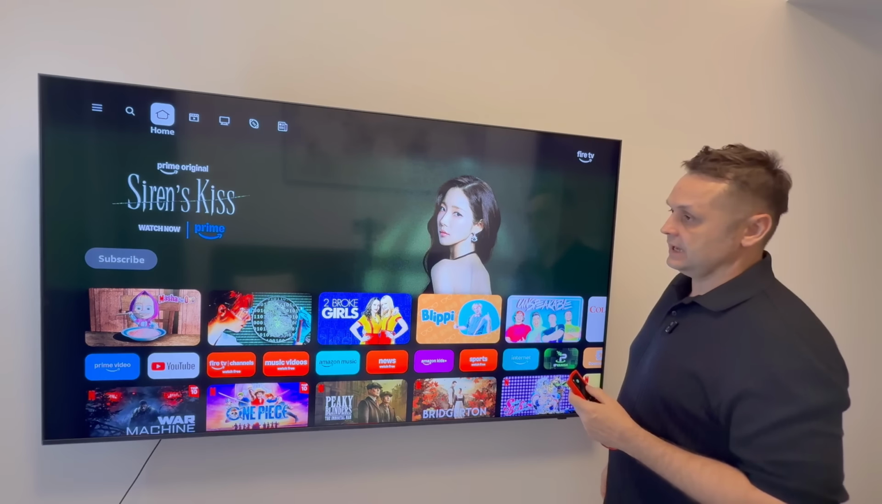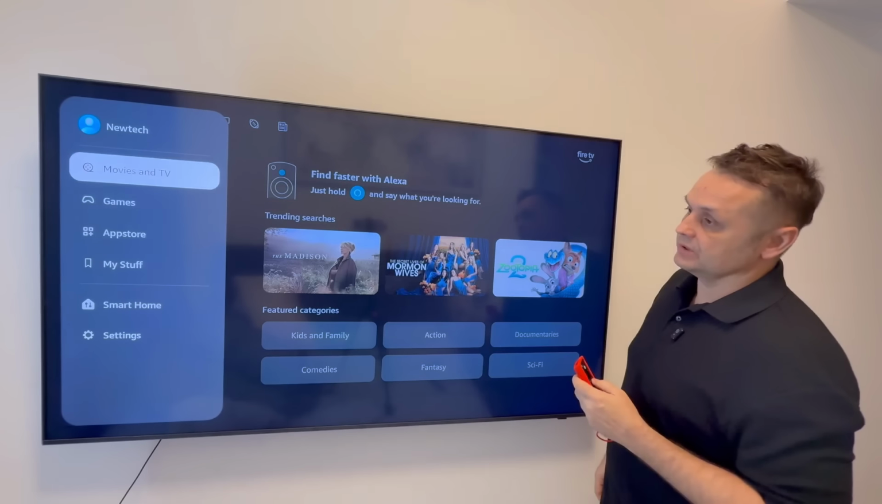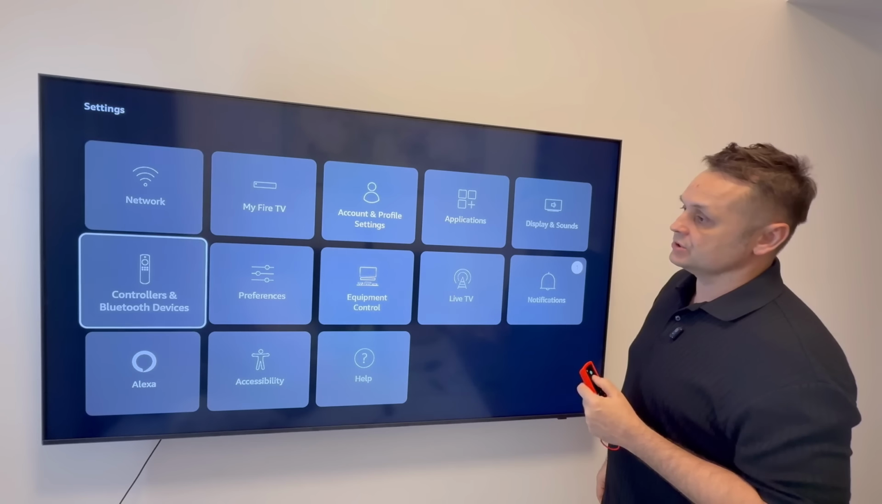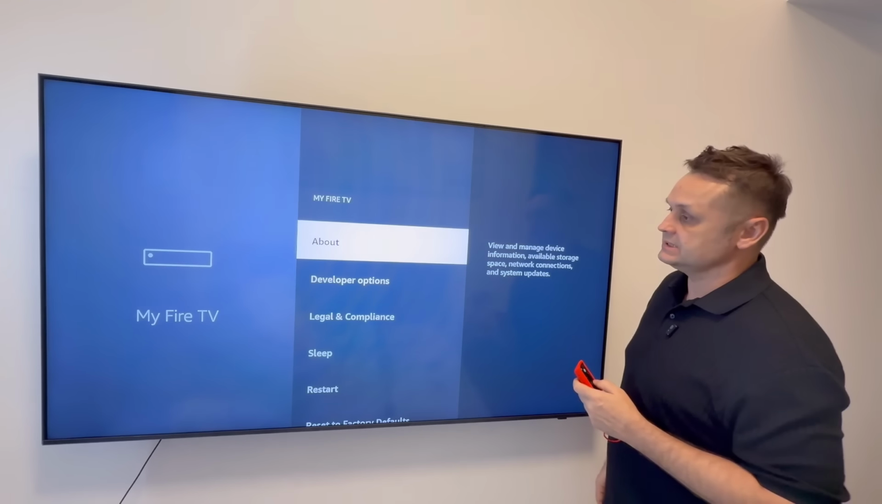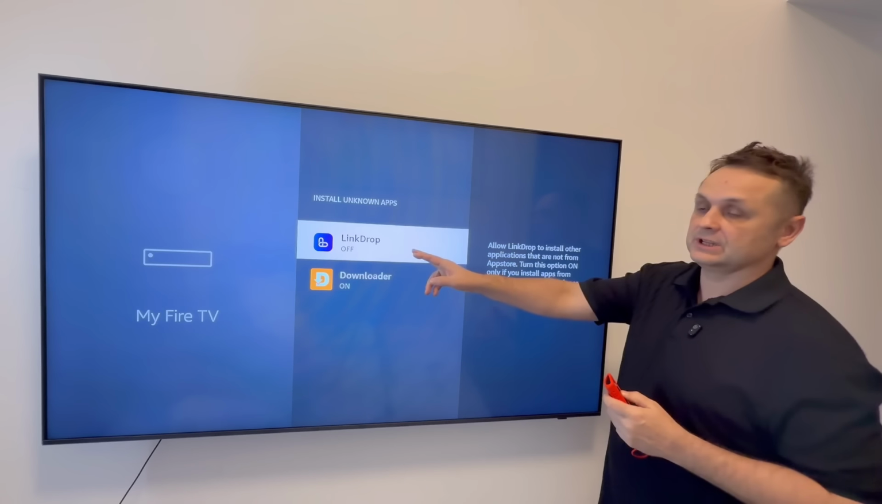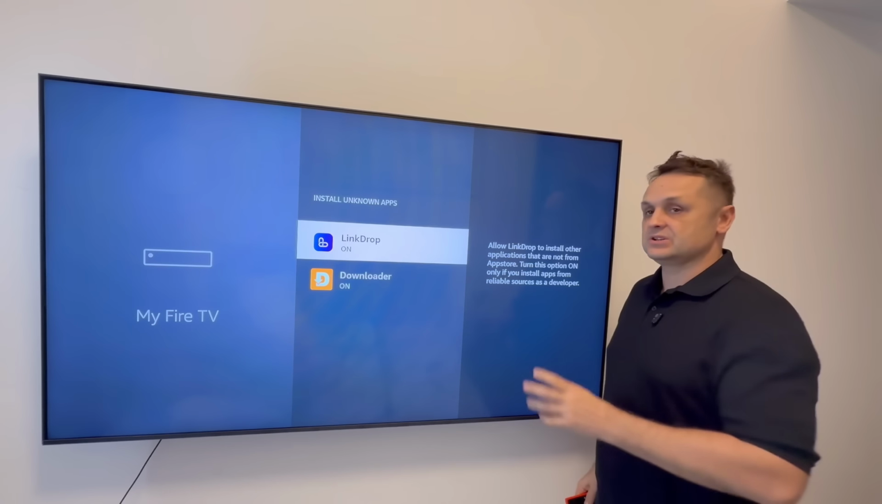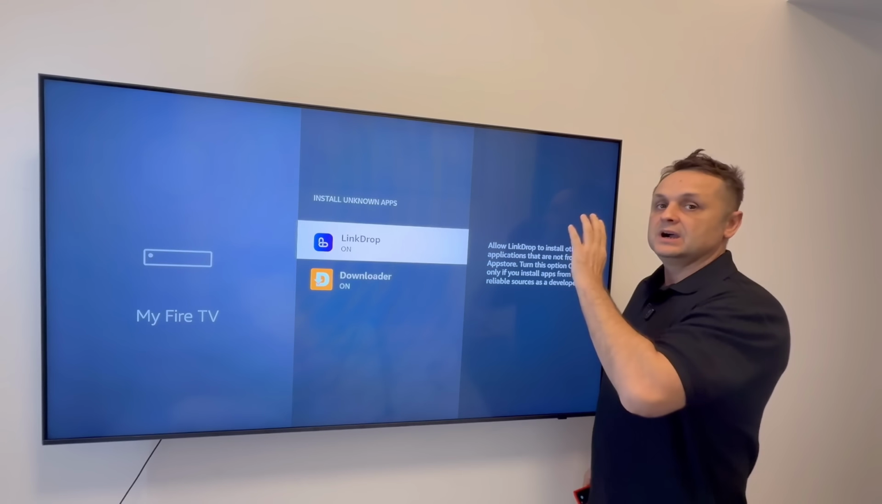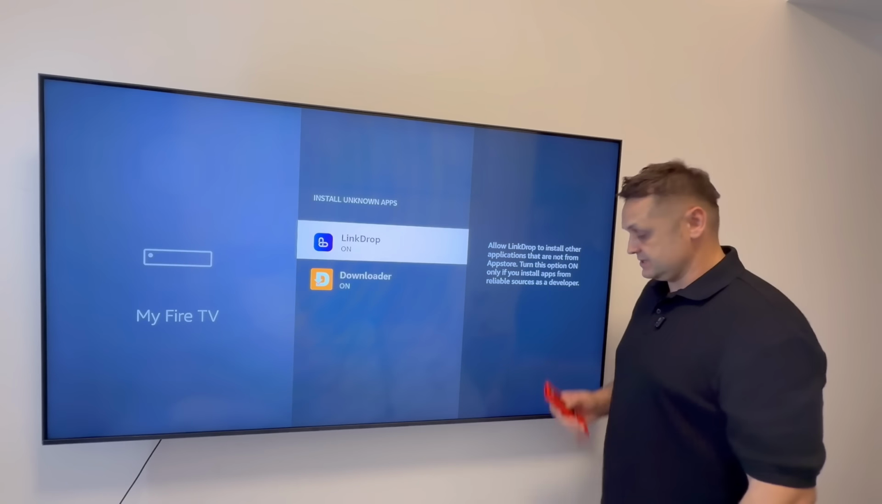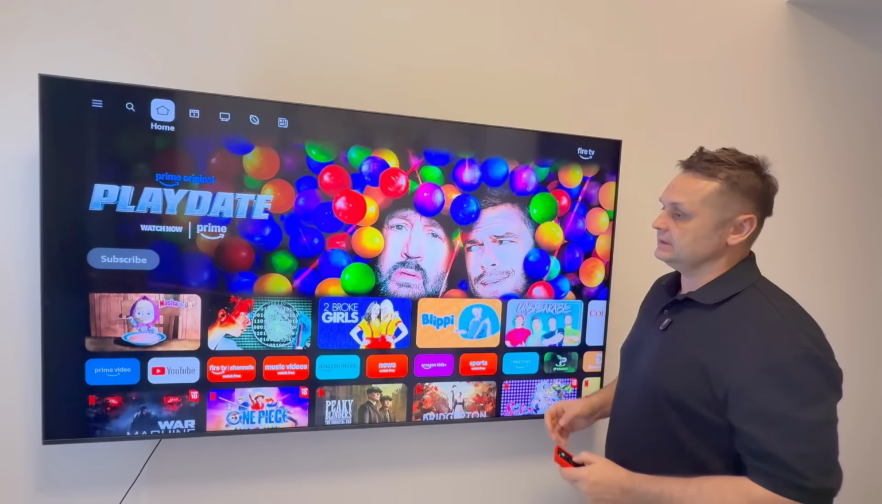Okay. And we have to do now another thing. Always when you install things, you have to always go to settings. And from here, let's go My Fire TV or My Device. Developer options, install unknown apps, and we have to turn that to the on position. Every time you install something in the settings, make sure under developer options, install unknown apps, it's always turned on the permissions. Now, once we do that, press the home button,